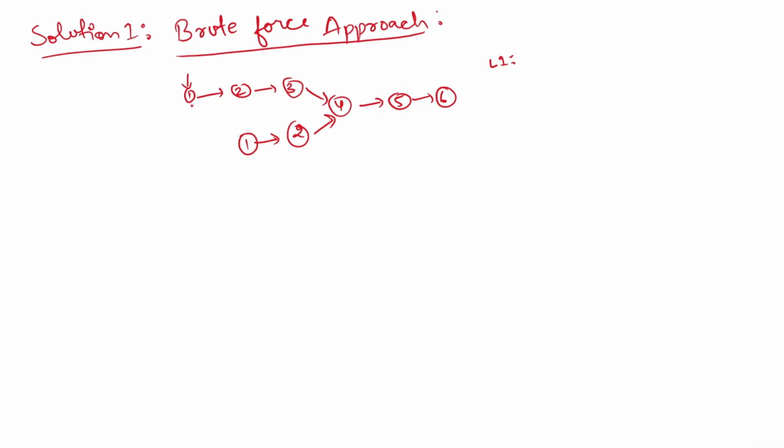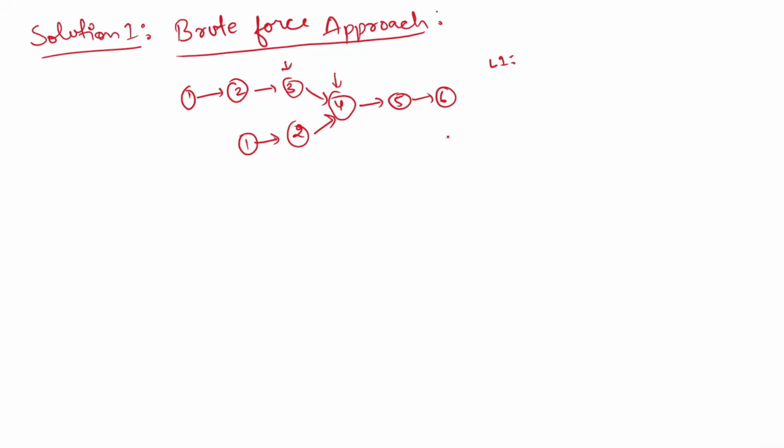Right now these two nodes are not the same. So I will check with 2. This is not the same, this is not the same, this is not the same. So I will move my pointer to here. Now I will again check, these are not the same. Then I will go to 3 and again check, then I come to 4, and once I come to 4 I will see that this is the same.